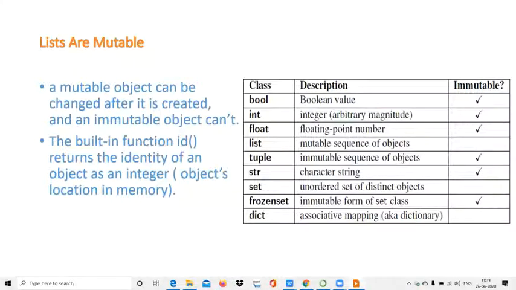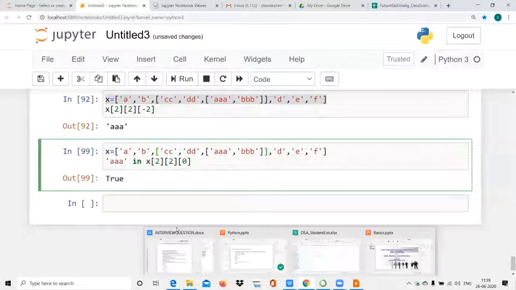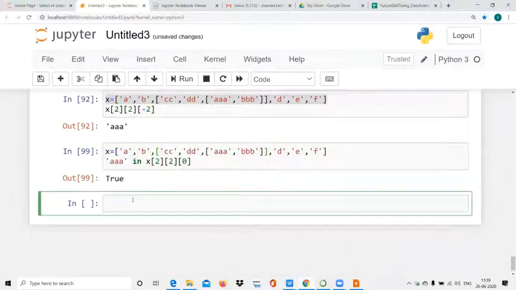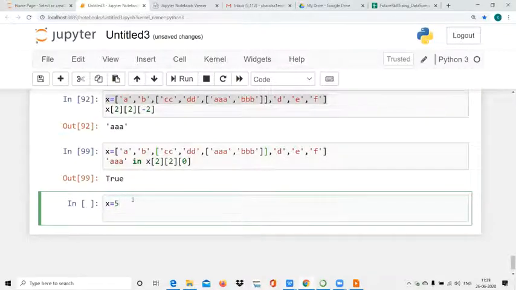These all work. Suppose you do x equal to 5, now x equal to x plus 1. Anyone can tell the answer of this. What is the output? 6.